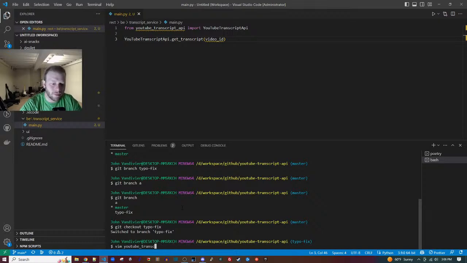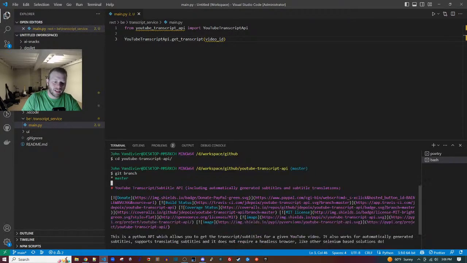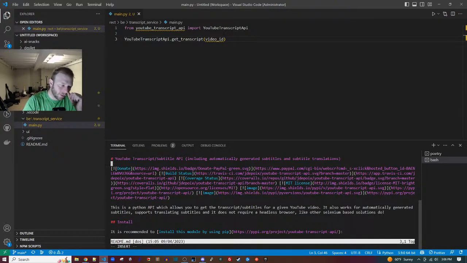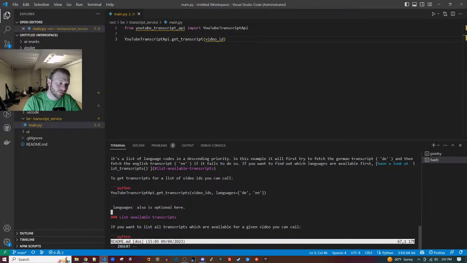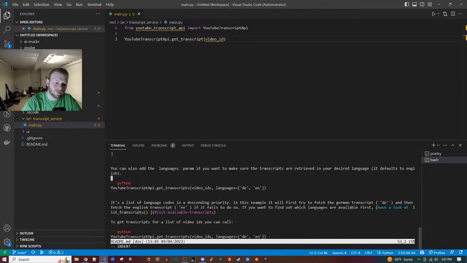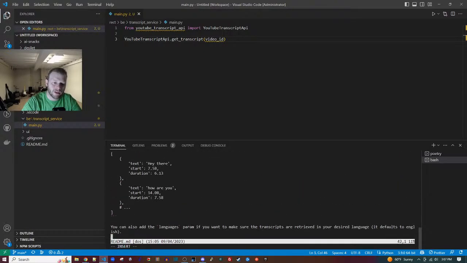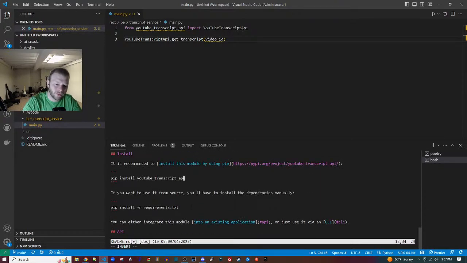Okay, so we are going to vim the README, and here, the part where he says it's recommended install by pip. Yep. Bam.